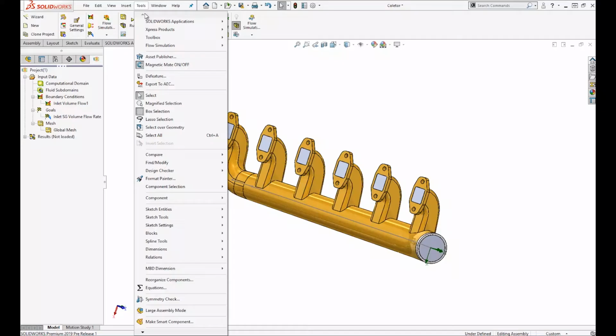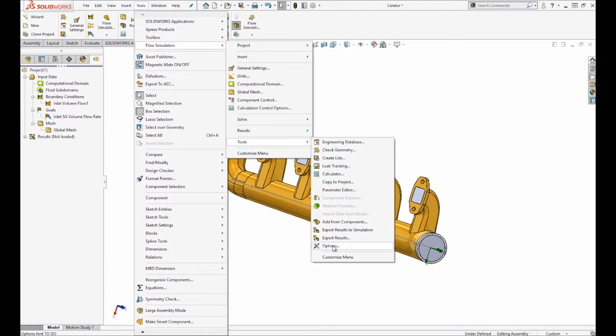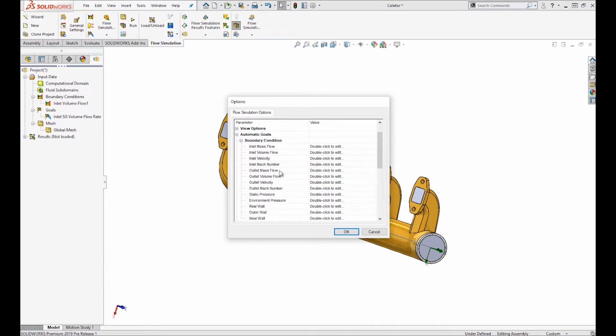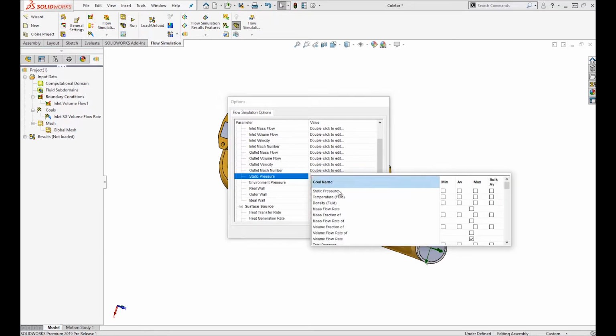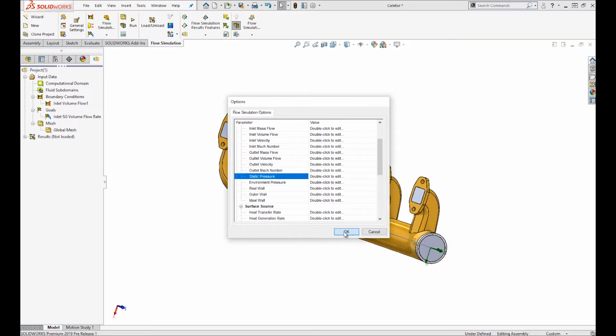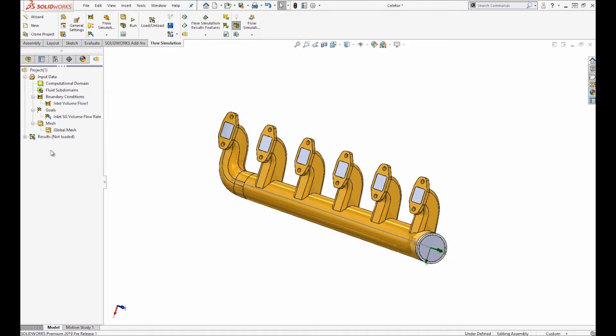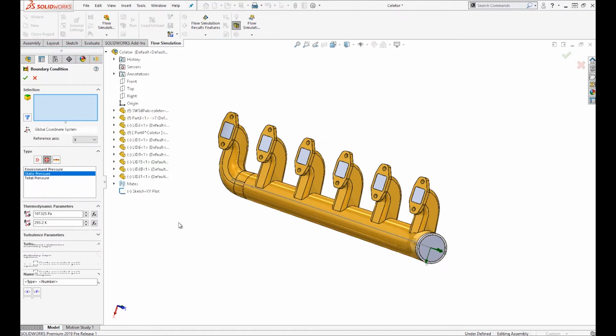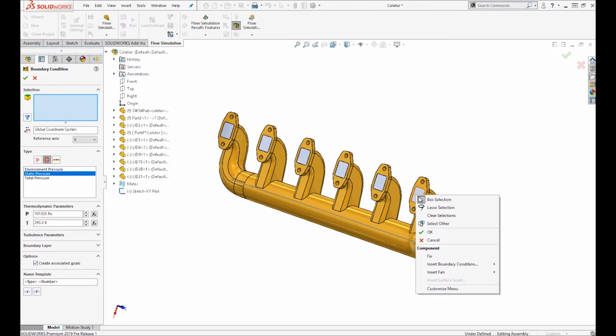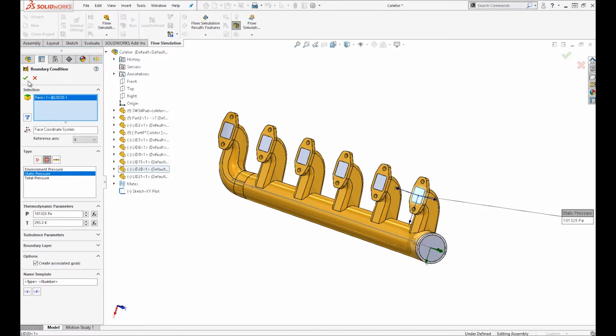You can set what kind of goals are associated with different boundary conditions here in the Flow Simulation options. Navigate to Tools, Flow Simulation, Tools, Options, and under the Automatic Goals section, you can customize which goals appear with each condition. For this study, I associated volume flow rates with the static pressure boundary condition. When I add my boundary conditions to each lid, the surface goals are automatically generated, saving time and allowing me